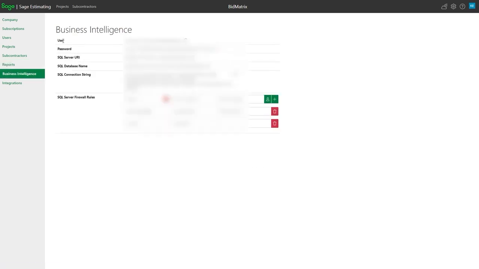Business intelligence. So the main thing here is when we start talking about reports, the report needs to know where our server's at, what the name of our database server is, a connection string to be able to connect to this cloud environment, so that way I can write reports and do testing and all that type of thing on my local machine. And these are the settings that actually allow it to know how to get up to the cloud environment to get me to the data.